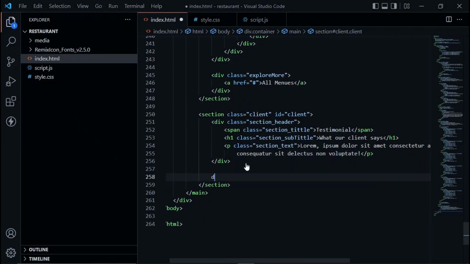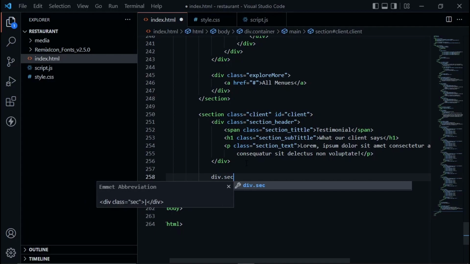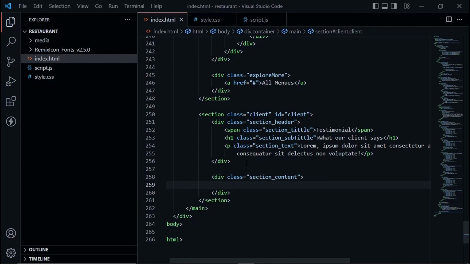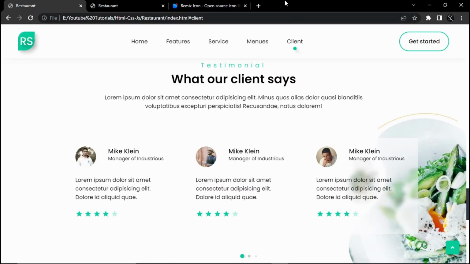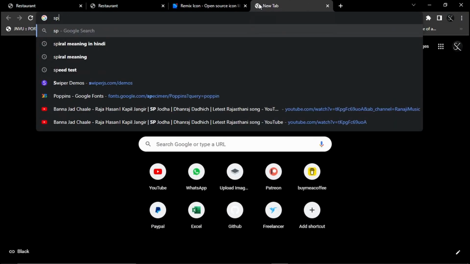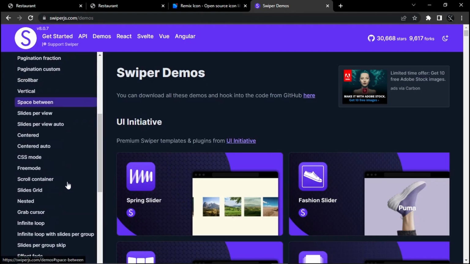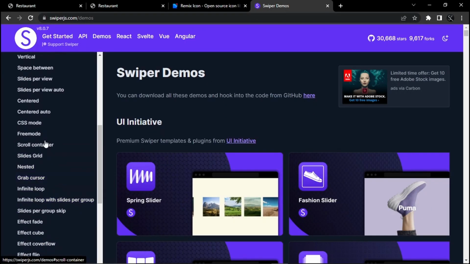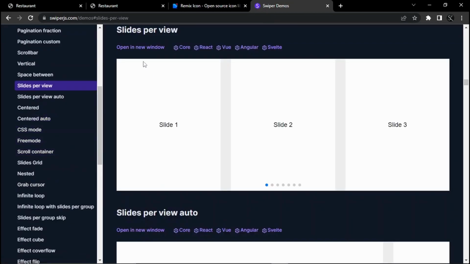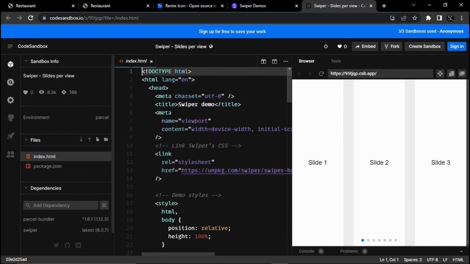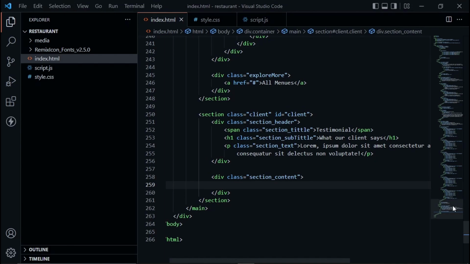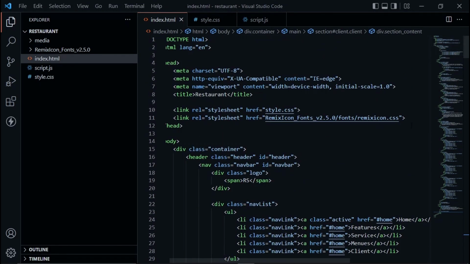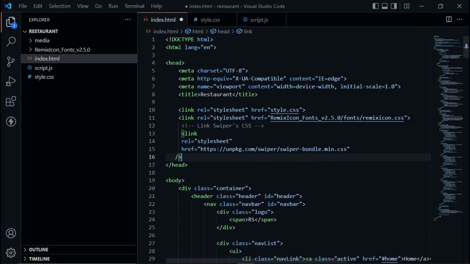So here we will create one div with the class name section content, and in the section content we will add our slider. So first let's come to our browser, and here we will search for swiper.js. From here we will use this swiper per view slider, and from the core we will copy this code. First we will import this link in our HTML file. At the top in the head tag we will paste it,